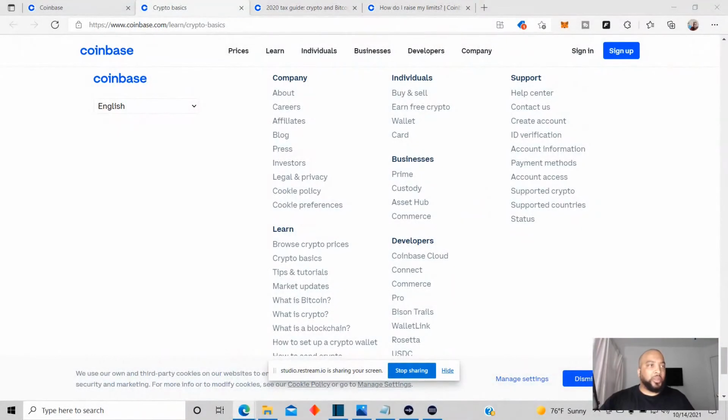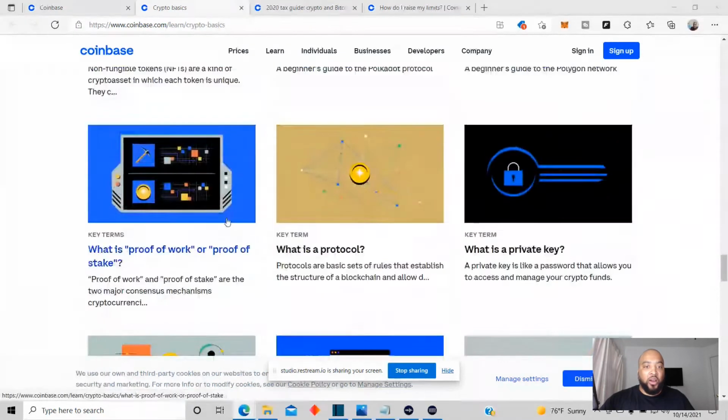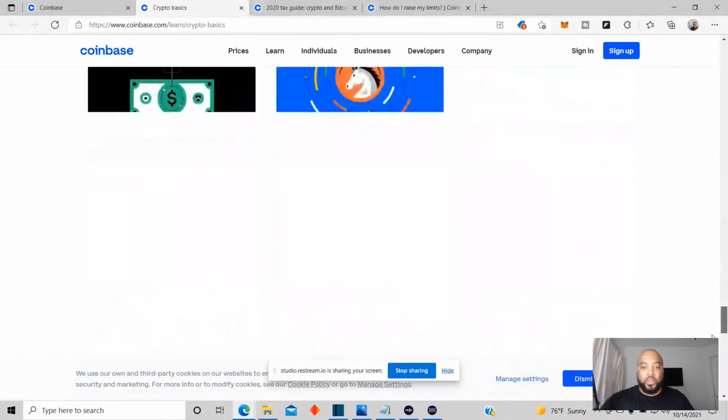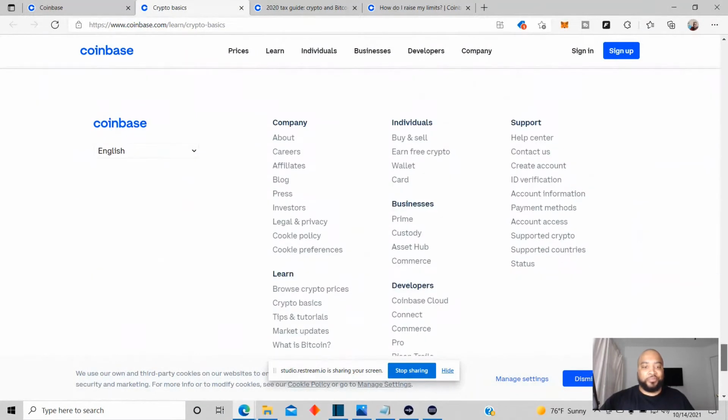All right. So before I get started, there's a couple of things that I want to highlight real quick. Let me take this border down and then I'm going to screen share my screen so I can show you guys a couple of different things here. All right. So share my screen. There's a couple of things that I want to highlight here. If you go to coinbase.com and you scroll down to the bottom, you'll get these different links here